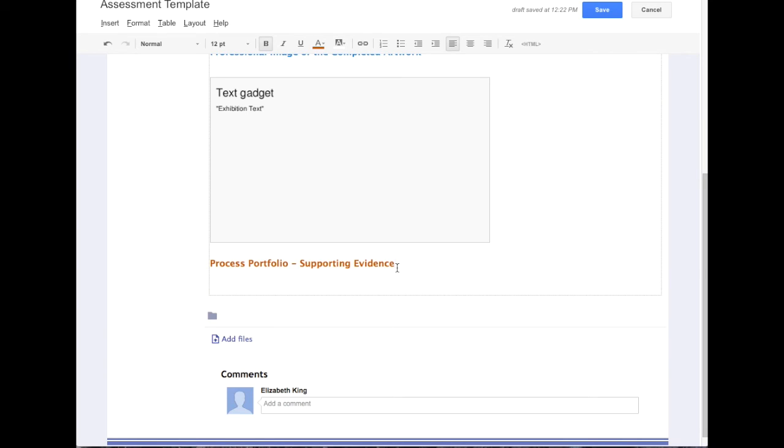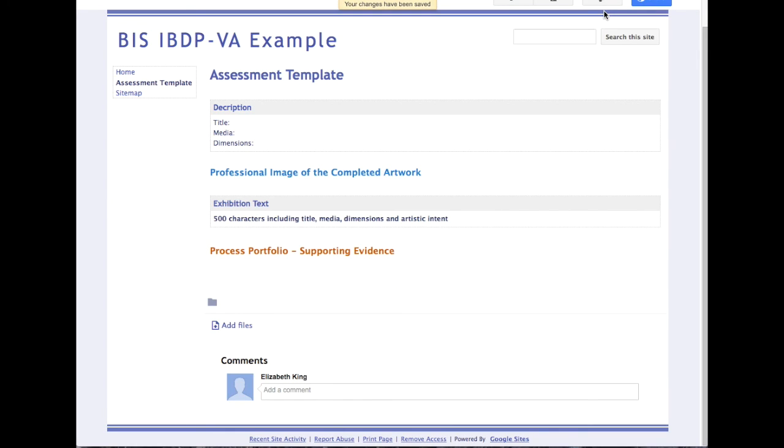So you want to make sure that everything under the process portfolio criteria is established and supported there. Also, this is a really great place to store things that you're going to use for making your process screens later on towards the end of the program. So now we have everything we need for our template. So we're going to save this. Now that we have saved this screen,